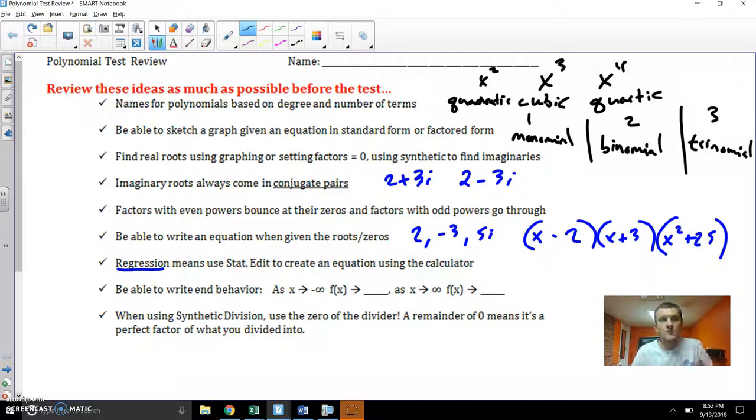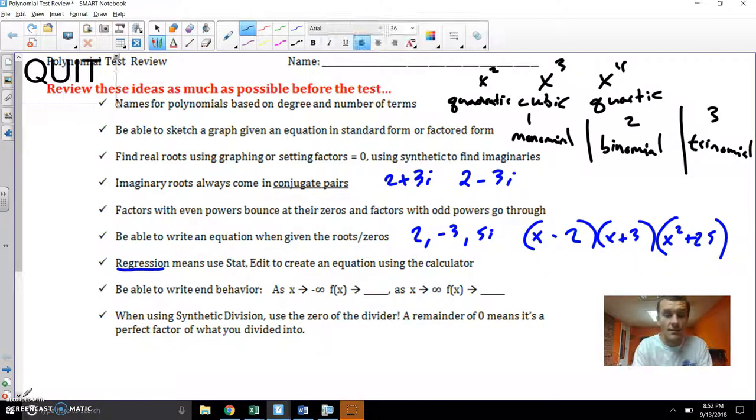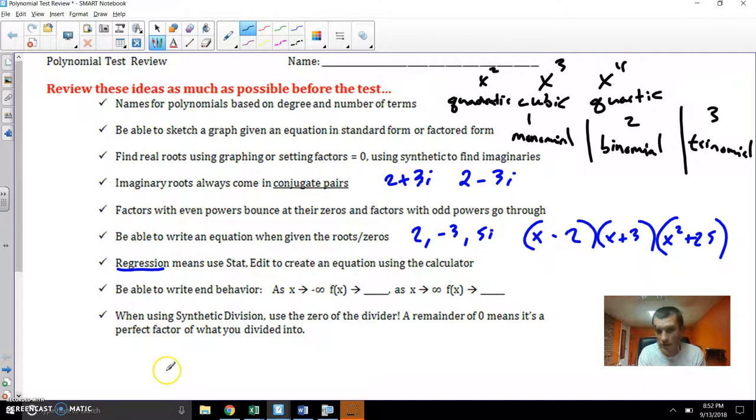Names for polynomials based on degree and number of terms will definitely be on the test. You'll need to understand that x squared is quadratic, x to the third is cubic, x to the fourth is quartic. I didn't put it on there, but x to the fifth is quintic. Also, monomial is one term, binomial like this one right here is two terms, or three terms is a